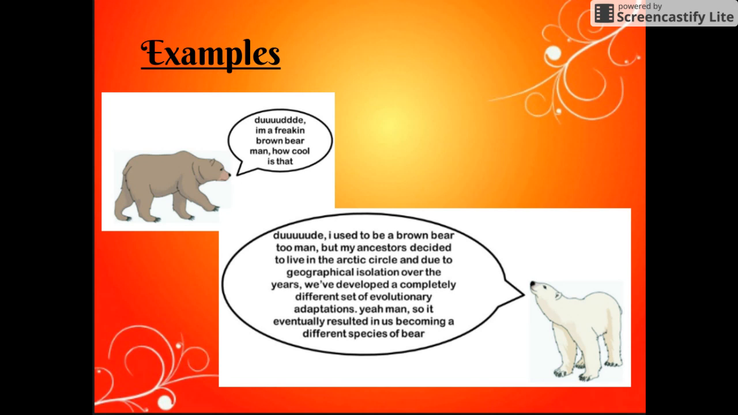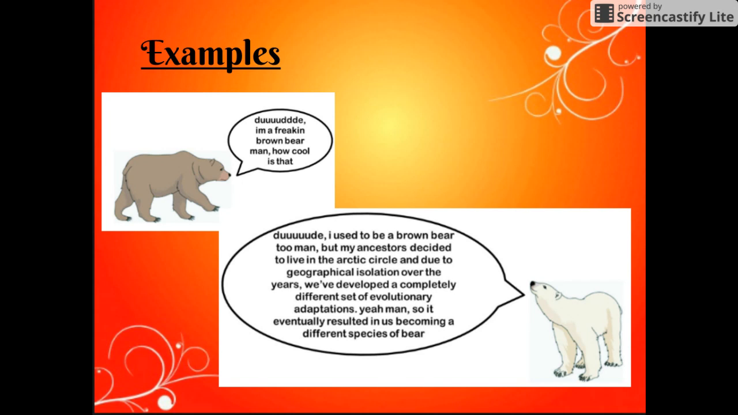So a little bit oversimplified there. The polar bear ancestors didn't just decide to go live in the Arctic Circle. We don't know what happened there. So sometimes species get separated by accident. Sometimes species get separated by natural disasters, by human development, and then they adapt as a species, or their species